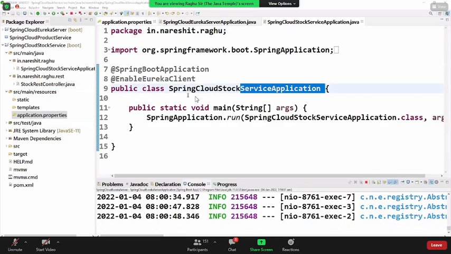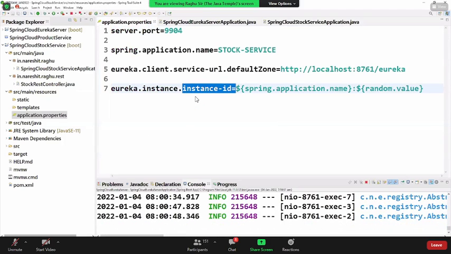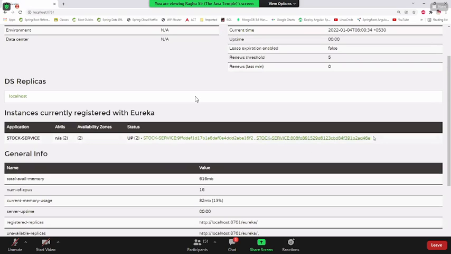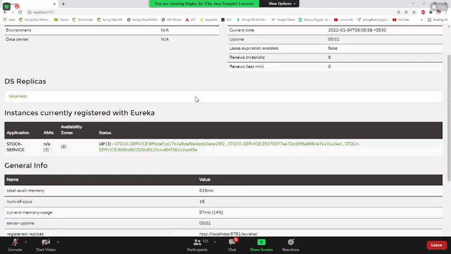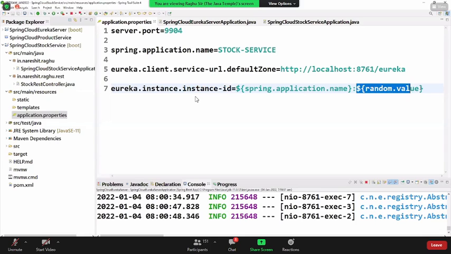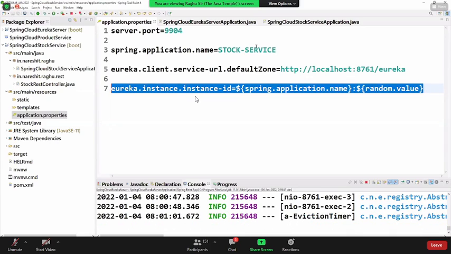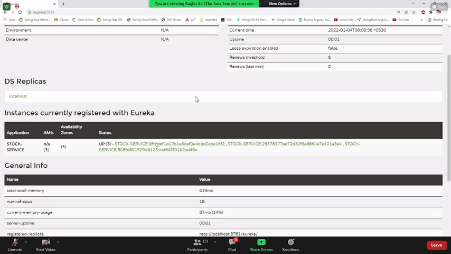If you don't write this instance ID properly, it won't generate the value. See, I got the random value. Even a small colon or space mistake and it won't generate, so check this key very carefully. Now you see these are different URLs, like 9900, 9902, 9904, multiple instances.